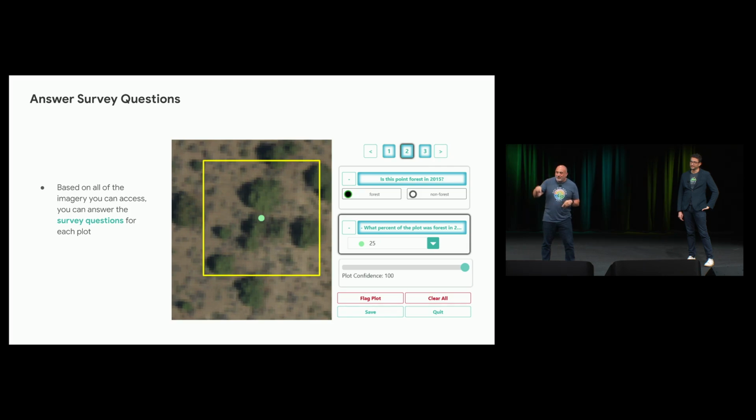And then you say, what percent cover? It's 25%. I did it. Click, boom. How confident am I on this point? Ooh, I'm good, 100%. Right? If you're not confident, you can go 50%. Or you can say, I have no idea. I'm guessing, 0%. And that sort of stuff, depending on how you define your quality controls, allows the second interpreter